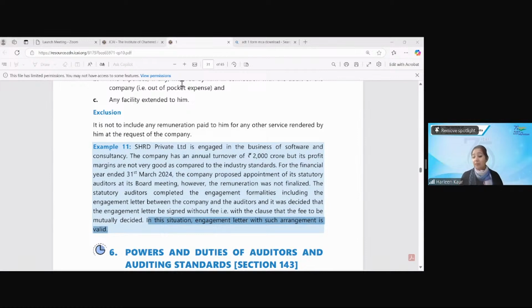It is written in example number 11. They have demonstrated it. They have drawn a story, an example for you. So that's where, at the side of example number 11, you can write it down, children, that the engagement letter that is signed without stating the fees,